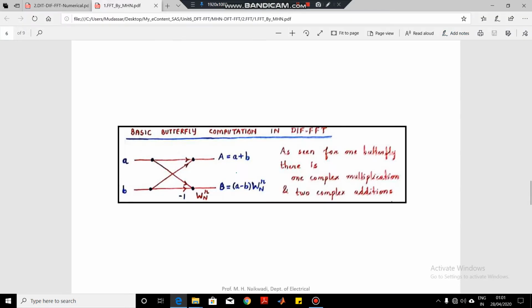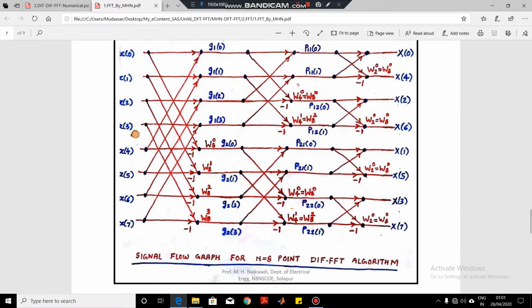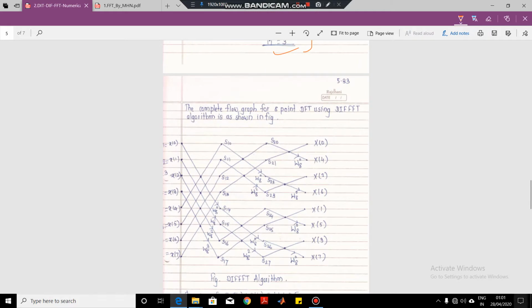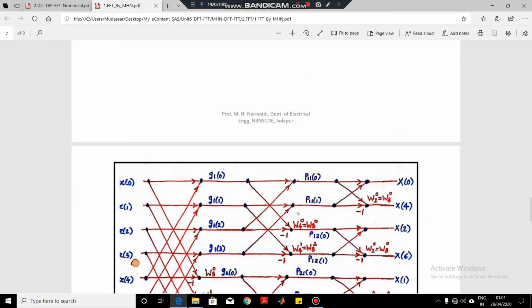Now if you remember, we had seen the butterfly structure for the 8-point DIF-FFT. We start with combining the four-point butterflies, then combining the 4 points, then combining these 2 points, and finally the last stage. So here we start with this. The first thing to do is that wherever the twiddle factors are there, before each twiddle factor there is a -1 sign, because we have seen the basic butterfly structure.